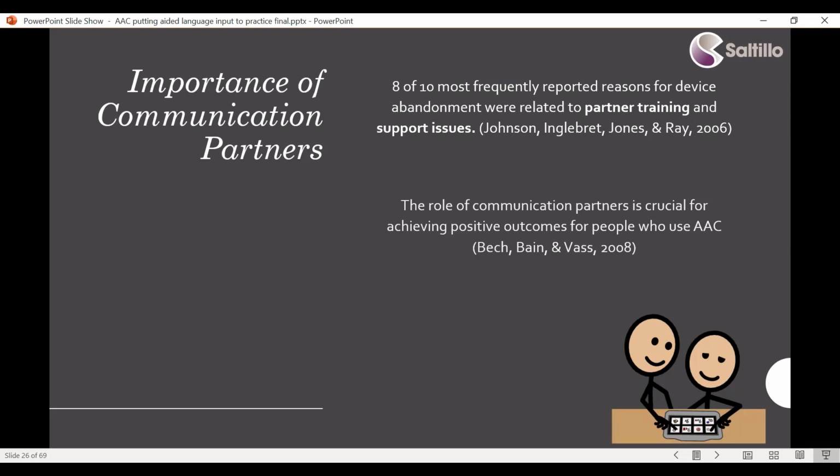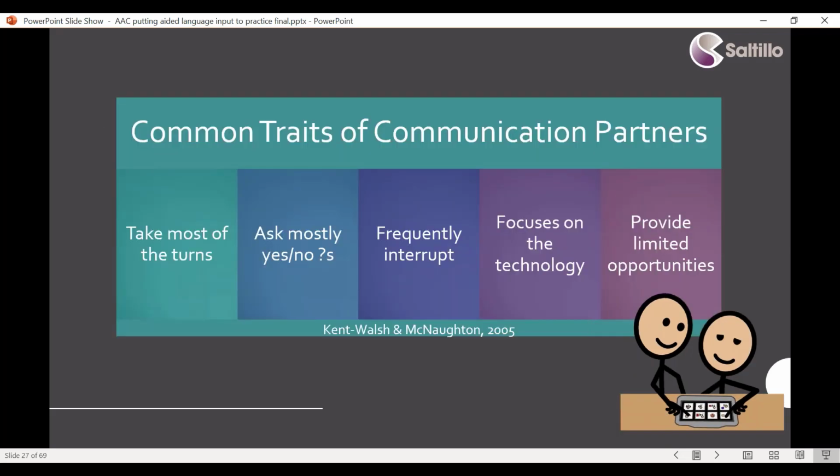And so when research tells us that it's pretty much occurring mostly because of poor partner training and support issues, that is really good information because it helps us know that our role is more important than ever, and so crucial to help achieve positive outcomes for these individuals using devices. And so if we can change our behaviors a little bit, we can help to avoid that abandonment and